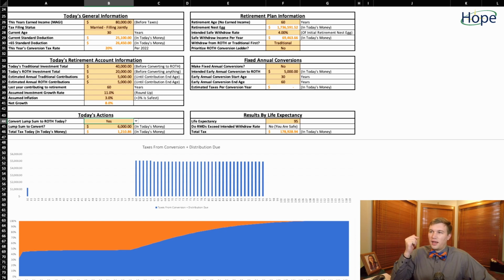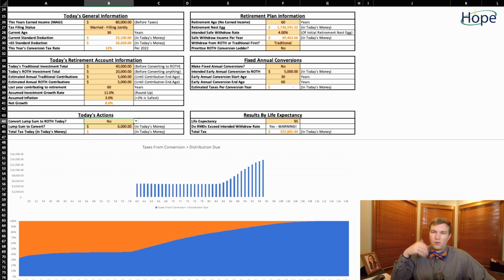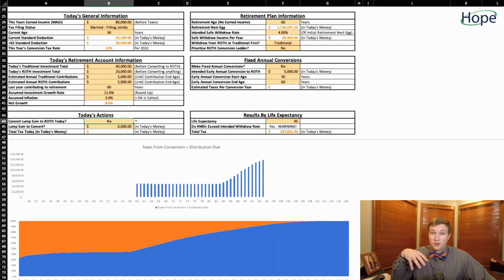Let's say that they're not able to do this one lump sum and they don't want a quick and easy fix, and they want to manage this a little bit more. They want to be a little bit more involved with this retirement strategy because they're worried about their overall tax exposure. They want to, on the whole, minimize how much money they give to the government over the span of their life. So they say, well, the money that my employer is investing, let's take it from the traditional and roll it over to the Roth every single year.